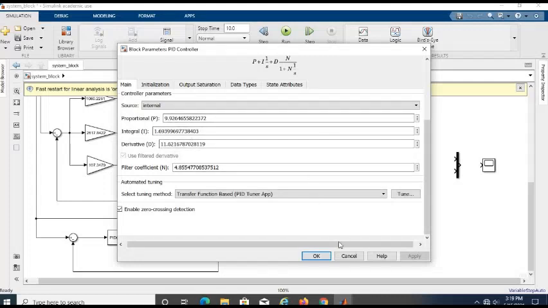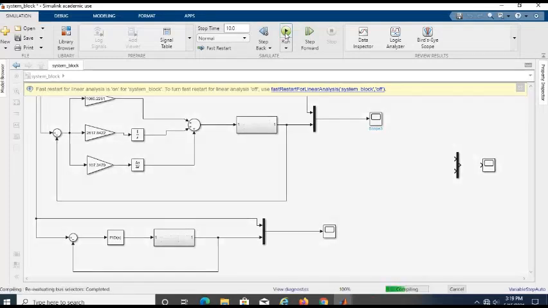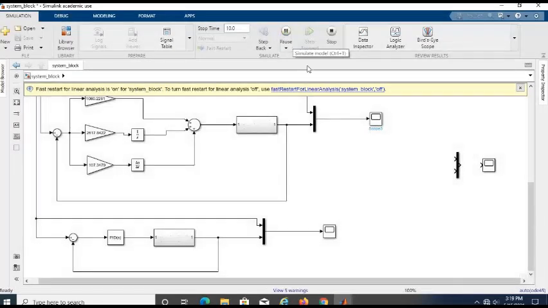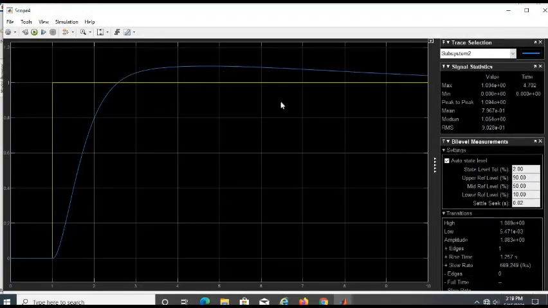Now we can run the block. This is the response after retuning.